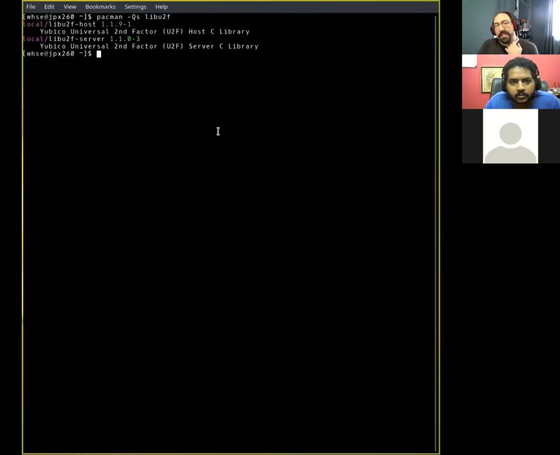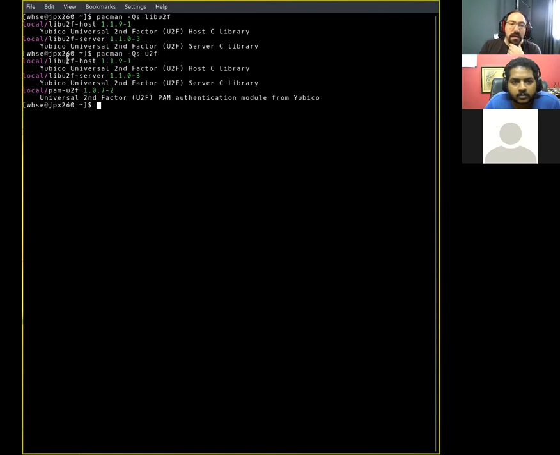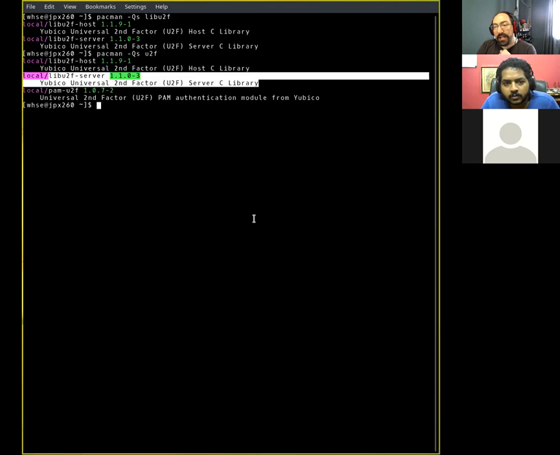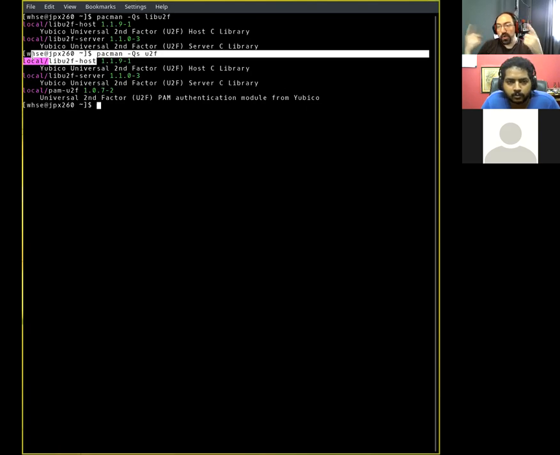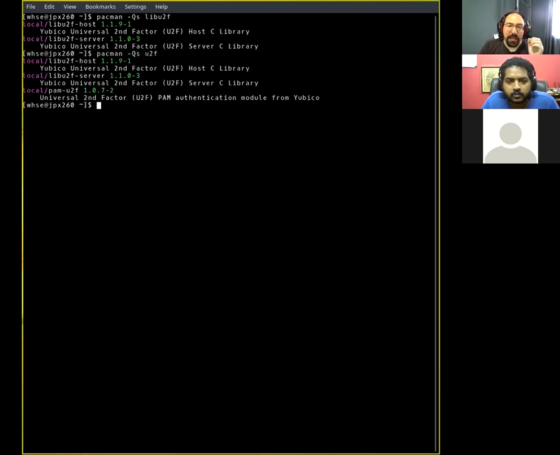There's 3 basic components that you have to care about: libu2f host, libu2f server, and PAM U2F. These 3 pieces come together to actually make functioning U2F for integration with PAM. The server side is the piece of the library that actually handles root access code behaviors. The host side is actually for doing the requests and behaviors there. And then the PAM U2F is the integration that bridges that